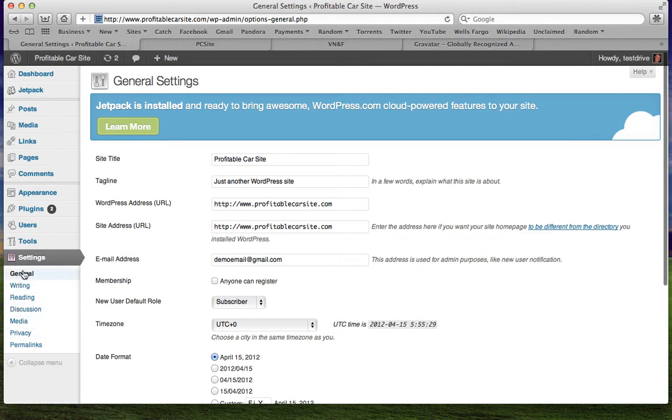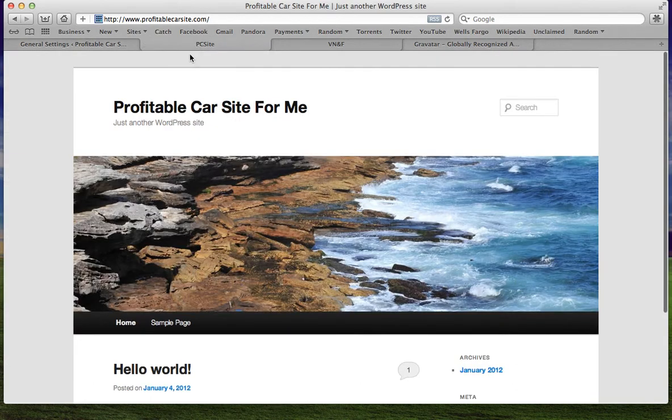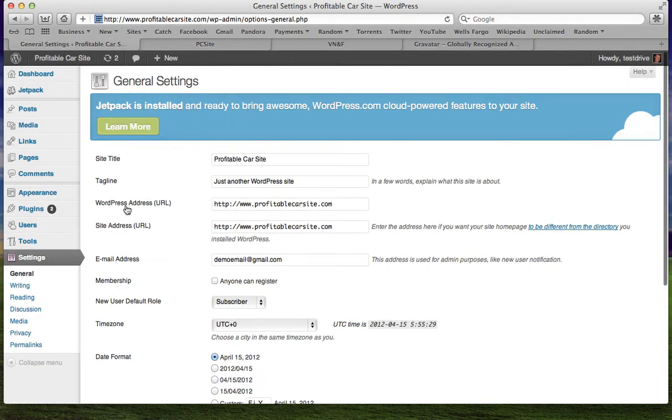And the first one's going to be your general tab. And this is where you're going to change the name of your site and your tagline. Those would be located right here. The name of your site right here, your tagline, the WordPress address and site address. You're not going to change these. These are already set up and they're just fine. The email address where WordPress is going to send you notifications. This is going to be your email address, your primary one,